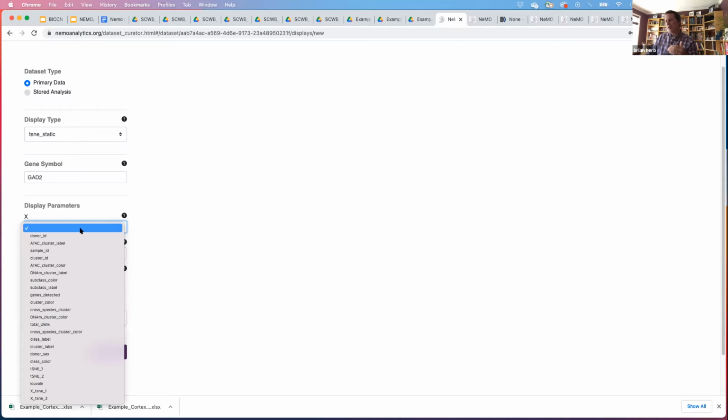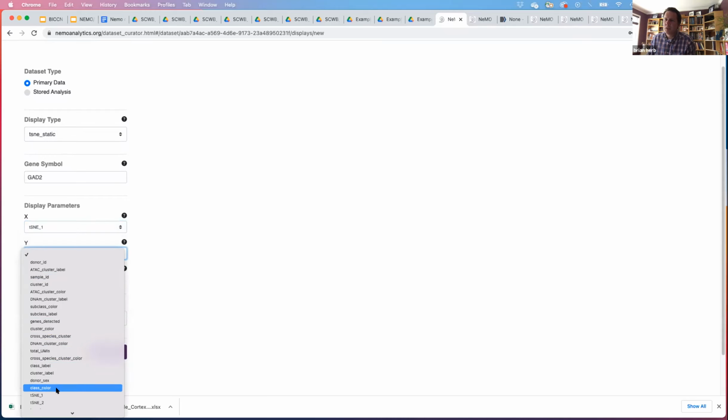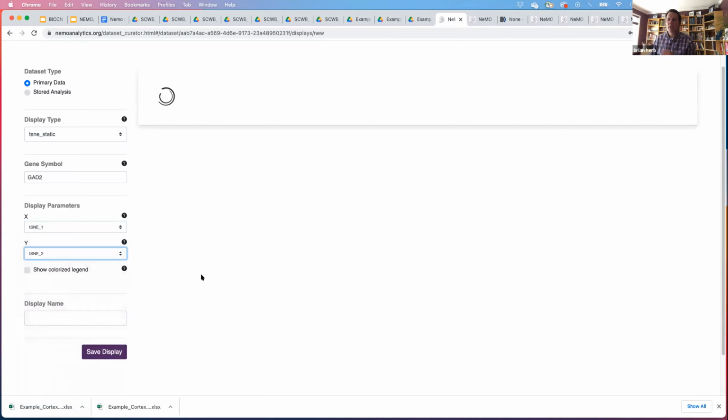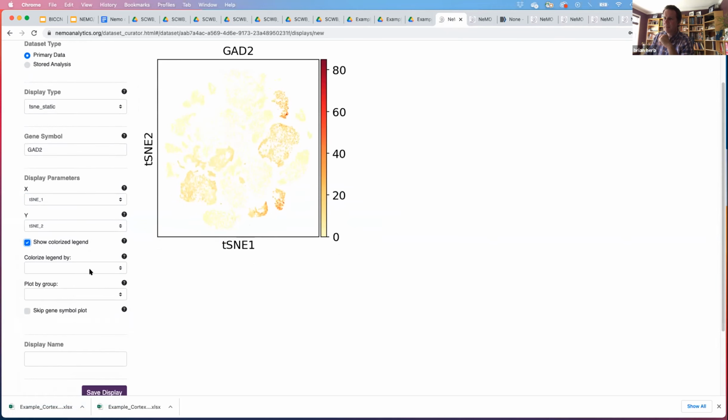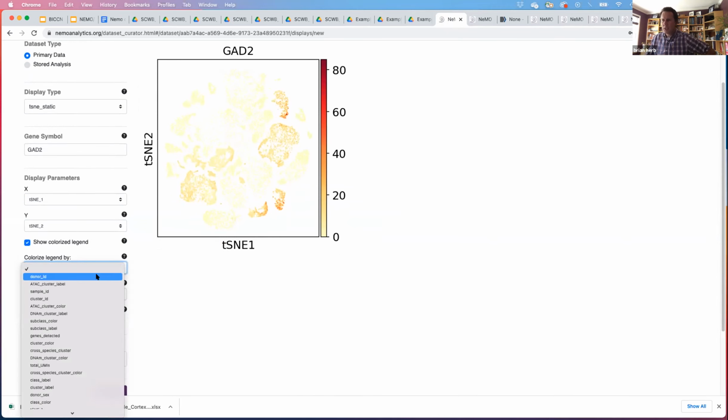So how this might work with primary data that you've inputted already. When I'm selecting down here, these are those things in the cell type metadata. So when I added in the t-SNE plot coordinates, that's where those guys live. So I can simply do t-SNE1, t-SNE2, if you're trying to recapitulate something that's already from a previous analysis. And so there is that exact plotting that you may see in the paper. If I wanted to show a legend right next to it, I can click on Show Colorized Legend.